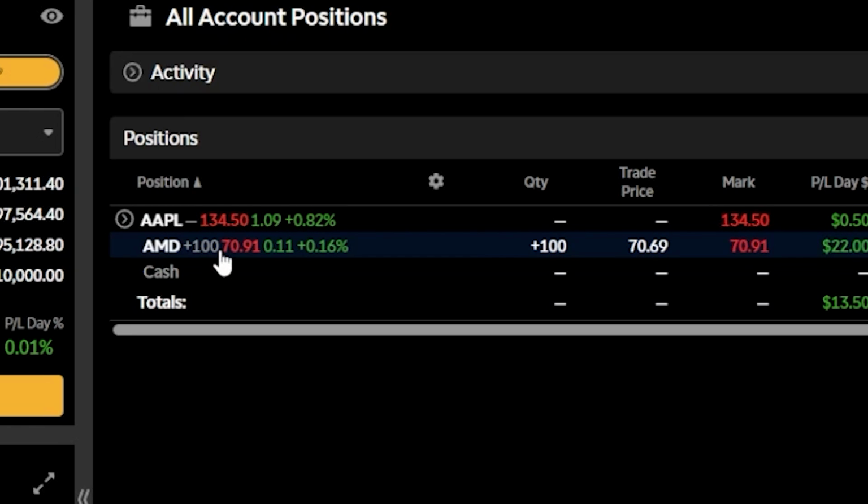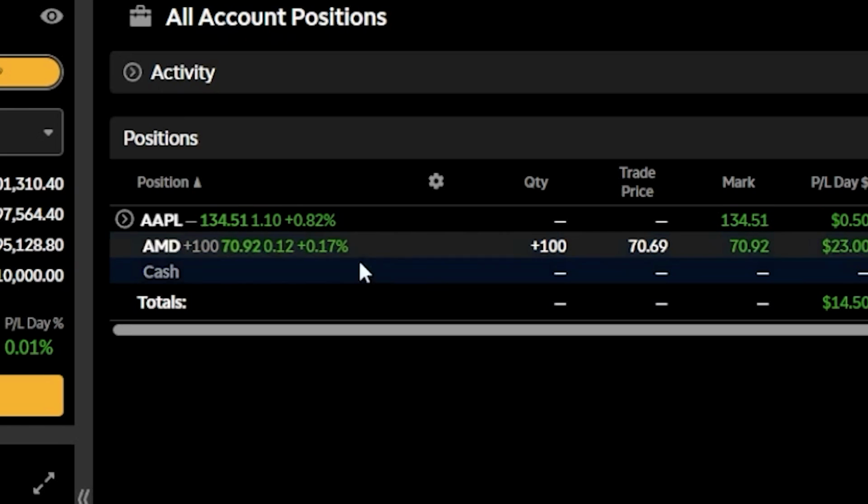If we were to start looking from left to right, you can see a bunch of information about this position. So here it again tells me how many shares I have in this quantity column. To the right of that, it shows me the trade price, the price at which I bought these shares. So I bought these 100 shares of AMD for an average price of $70.69 a share. To the right of that, the mark column tells us the current price of AMD right now, and currently AMD is trading for